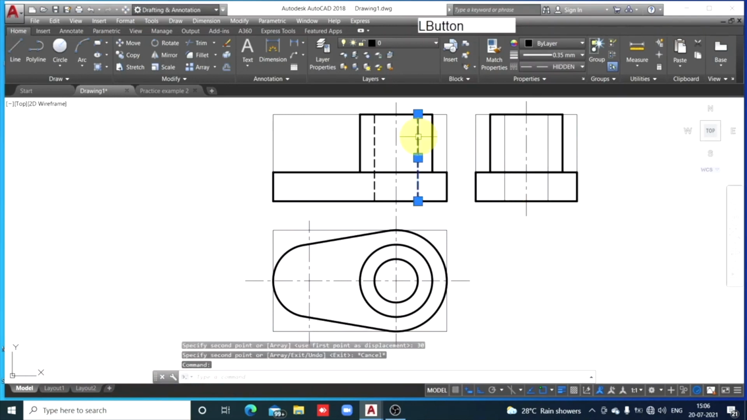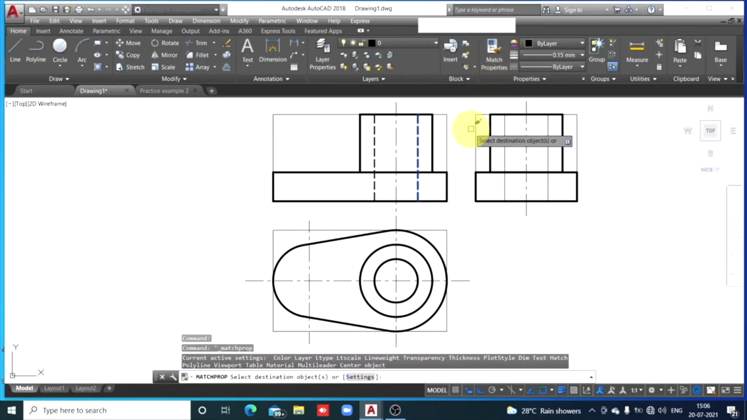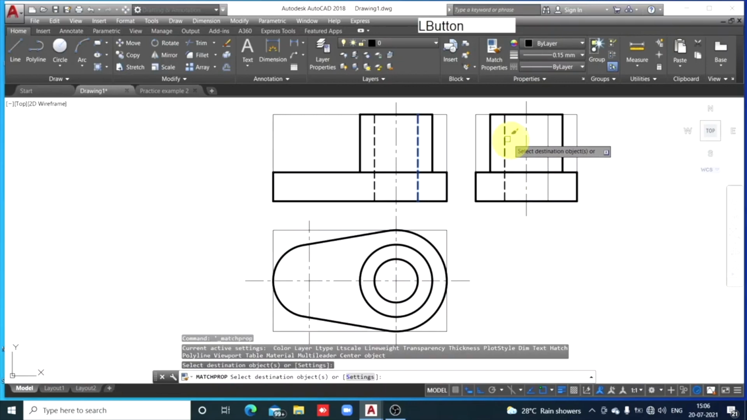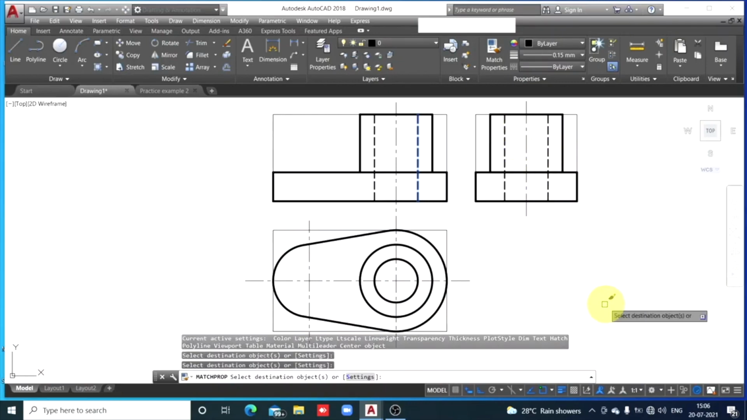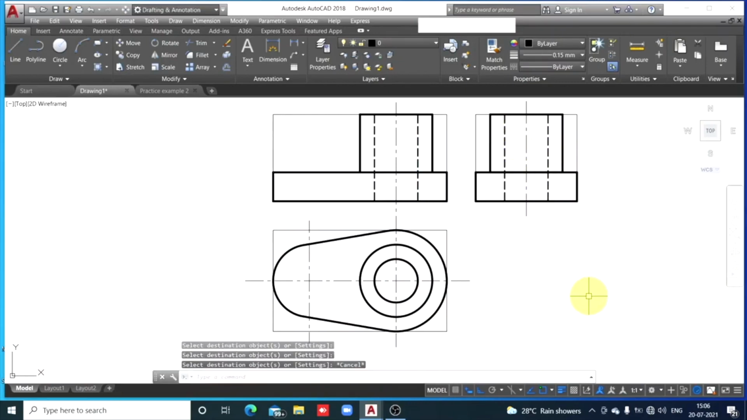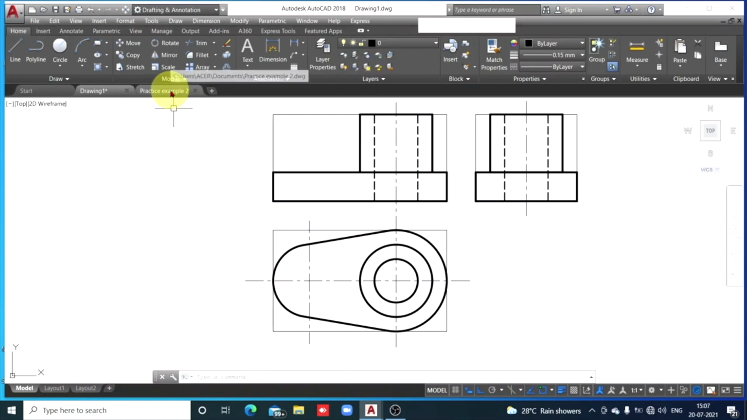Now match properties. So select the earlier drawn dotted line. Click on match properties. Check that brush type icon there. And click on the lines which you want hidden. Escape. So this is how we have completed the whole. And now check